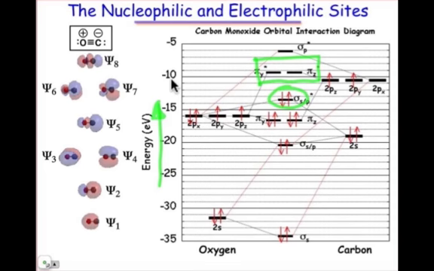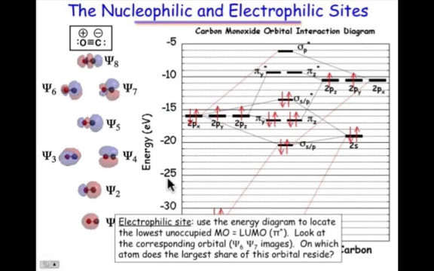We call those lowest lying orbitals that are empty the LUMO, and so the pi star for carbon monoxide is the lowest unoccupied molecular orbital. In other words, pi star is the electrophilic site. Now, if we look at those MO pictures, psi 6 and psi 7 correspond to the lowest unoccupied molecular orbitals,